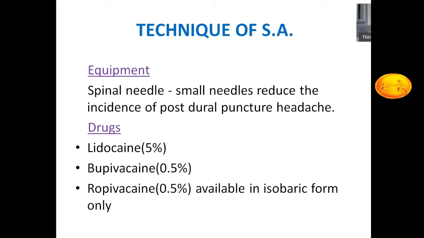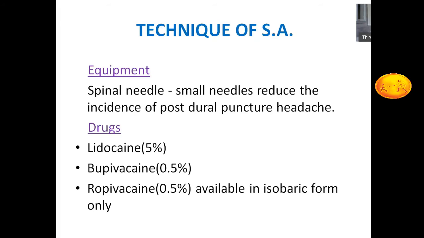Now let us see the technique of giving spinal anesthesia. This is best if you come into the OT and see by yourself the technique of giving the spinal. But for theoretical purpose, I will mention the equipments and the drugs. Spinal needles, there are 2-3 types of the needle which come. Some are the pencil point needles and some are beveled needles. We here use the beveled needle, that is the Quincke's type of the needle.